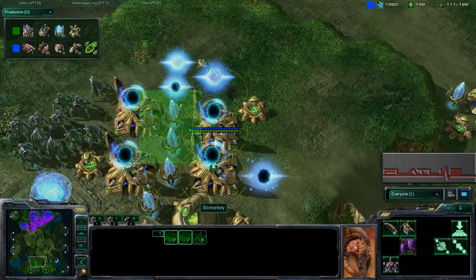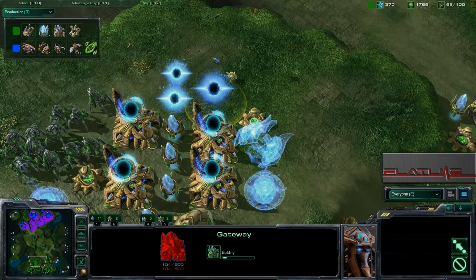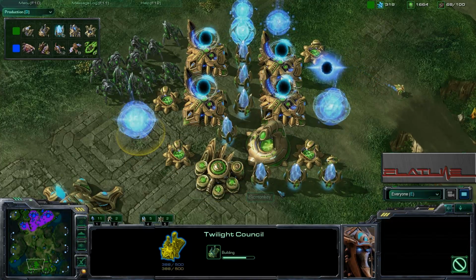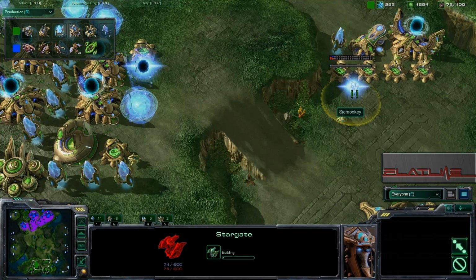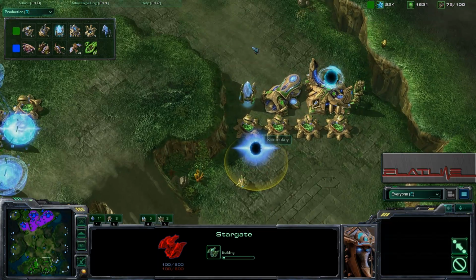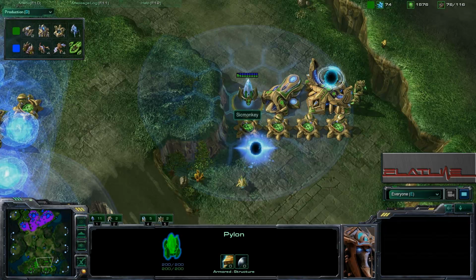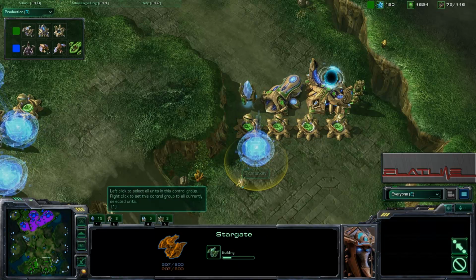It looks like you do have a 5th and 6th gateway. No, 5th. And a Robo-Bay and a Stargate and a Twilight Council. Sicmonkey is just getting everything the Protoss tech tree has to offer. 2nd Stargate. This pylon again, only thing powering 1, 2, 3, 4, 5, 6, now 7 buildings, and